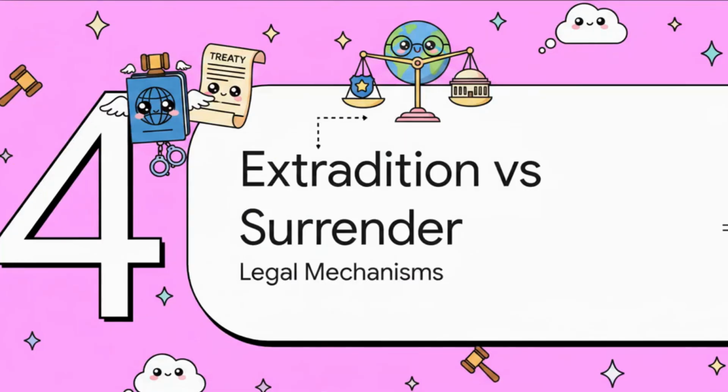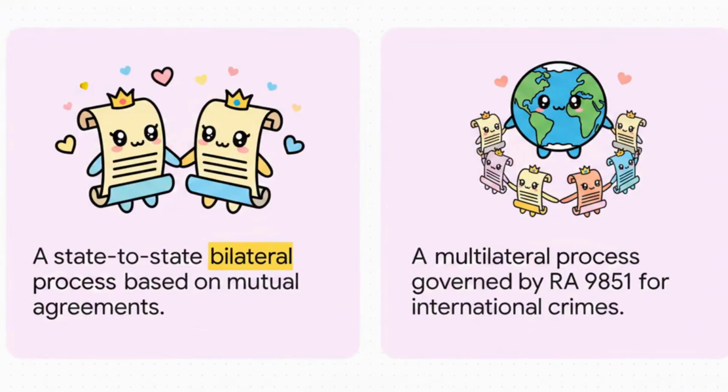Section 4. Extradition versus ICC surrender. Distinct legal mechanisms. The petitioners are arguing that trying to hand them over to the ICC violates the strict rules that govern extradition, and this sparks a massive debate over which legal mechanisms we should actually be looking at. The OSG draws a really hard line here to separate these two concepts. Extradition, they say, is a bilateral, state-to-state process governed by very specific mutual treaties.